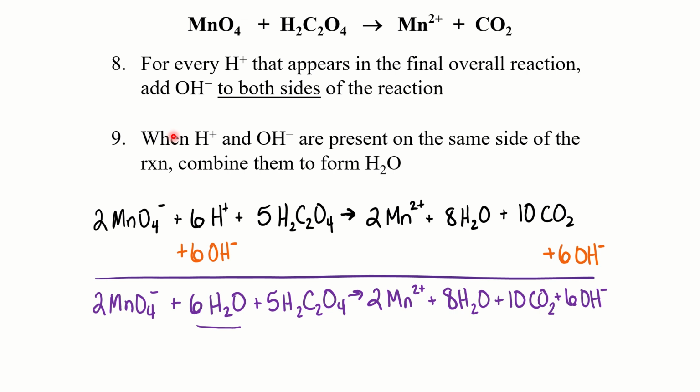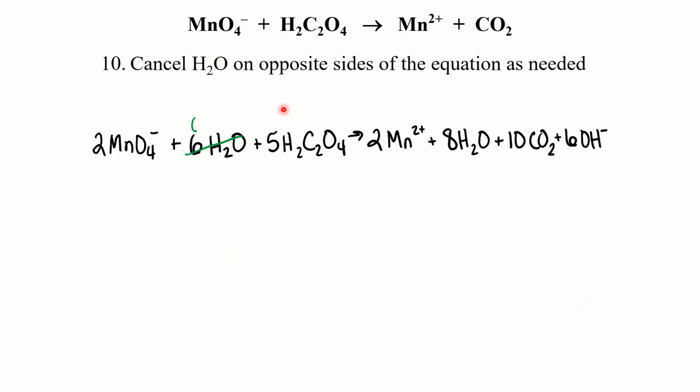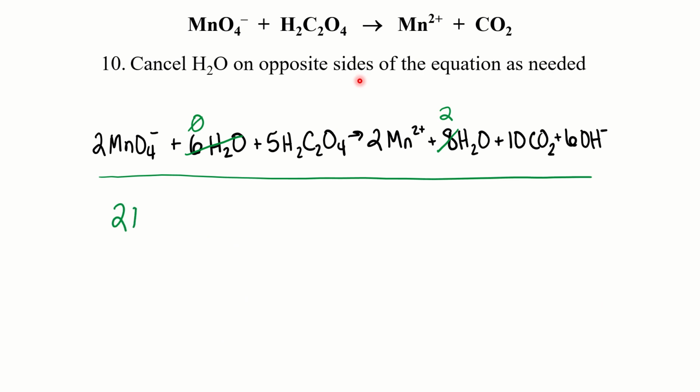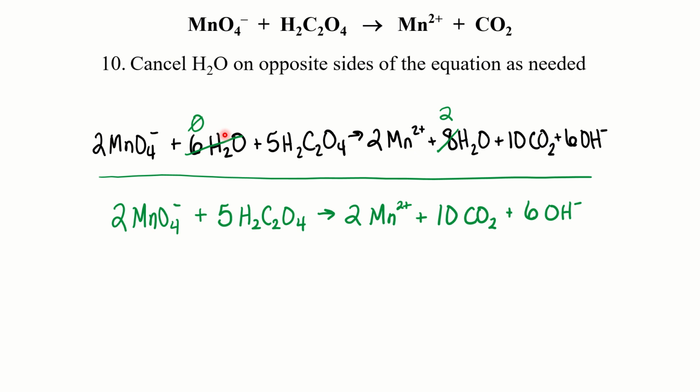sides. Then, if you've got H+ and OH- present on the same side of the reaction, you can combine them to form water. So the H+ and the OH- forms H2O. So we've got 6 H2O now on the left side, and then those 6 OH- are now on the right side. And then your final step here is cancel water on opposite sides of the equation as needed. I've got 6 water molecules here, which will all cancel with 6 of these water molecules, leaving just 2 H2O